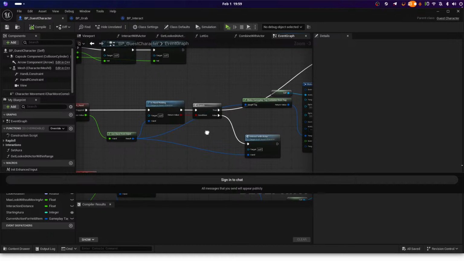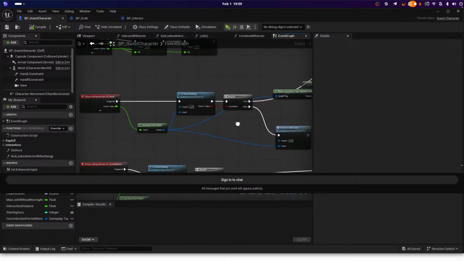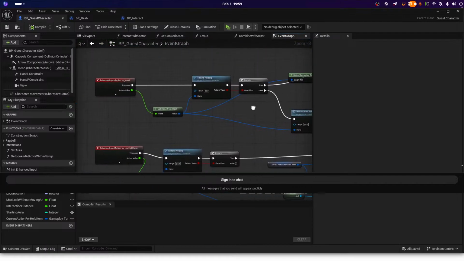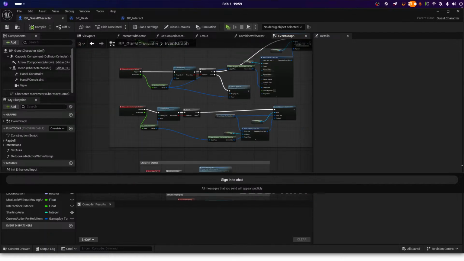If the hand is holding, almost. The reason this never shows up is because grabbing things is a gameplay ability. So you can't grab anything until